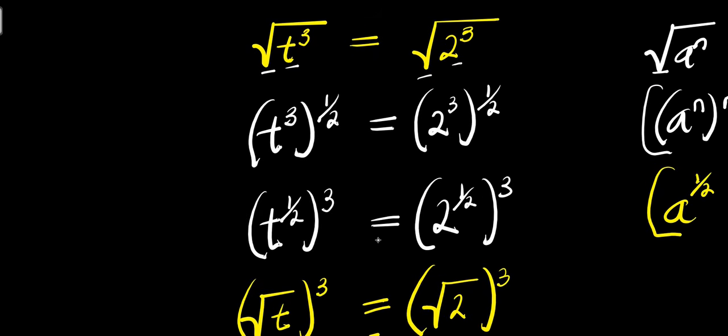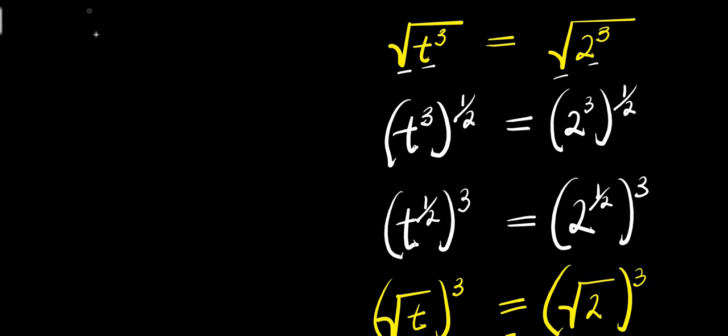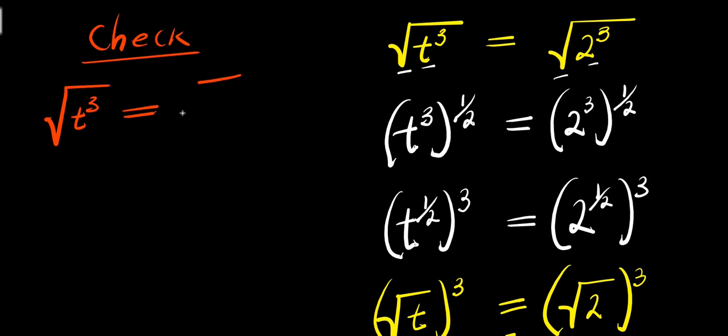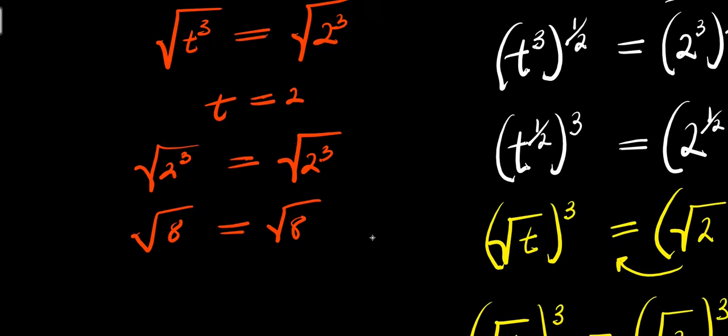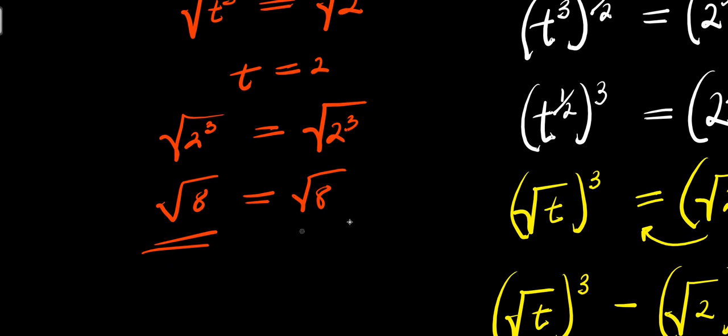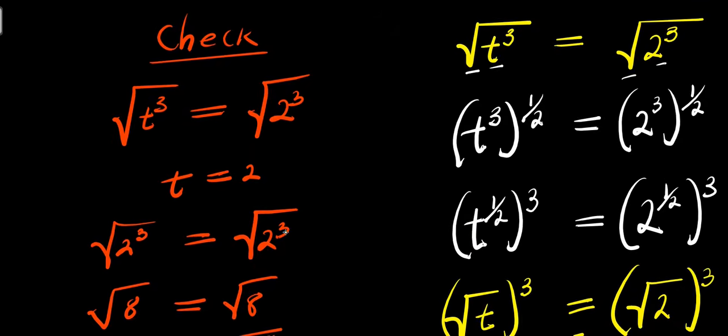Now, you can easily check. This one is very simple to check. This is square root of t to the power of 3 equals square root of 2 to the power of 3. Our real solution t equals 2. We have square root of 2 to the power of 3 equals square root of 2 to the power of 3, which is square root of 8 equals square root of 8, because 2 to the power of 3 is 8, and we have it that way. So guys, this is it, and this is how you can solve this type of radical problem